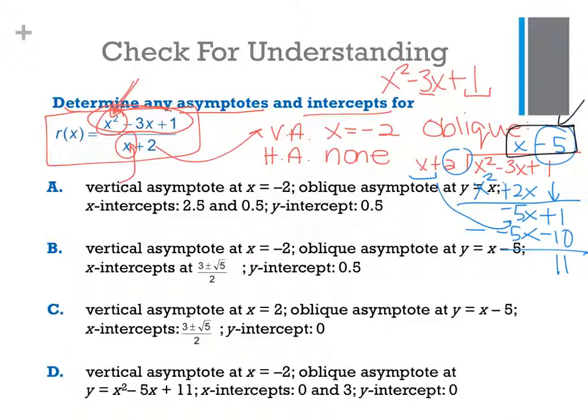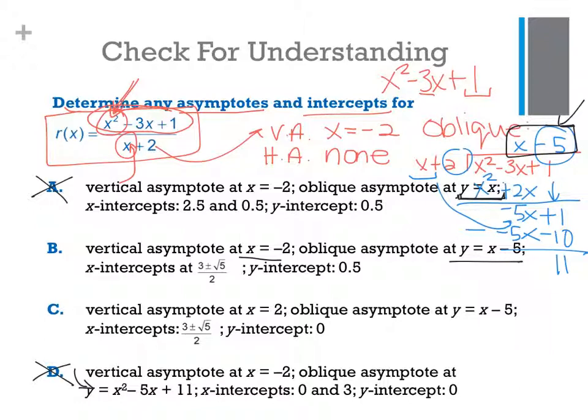So if we're looking at answers here, vertical asymptote at negative 2, an oblique asymptote at y equals x is what A says, so that's not correct. B, vertical asymptote at negative 2, oblique at x minus 5, so far so good. And D is going to be out because it says my oblique asymptote is at x squared minus 5x plus 11, which is not true. Now, what I need to do is